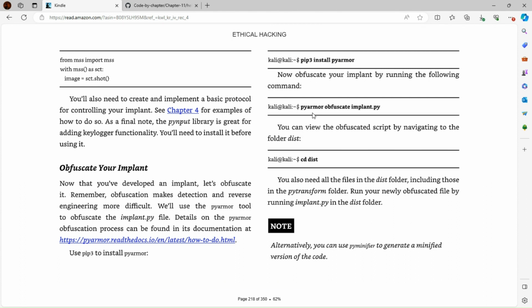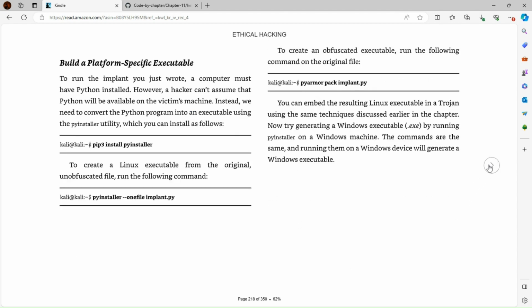Obfuscate, PyArmor, obfuscate implant. So it's going to obfuscate it. So yeah,